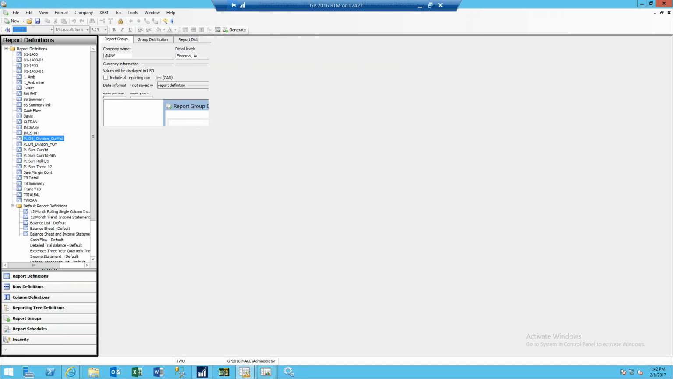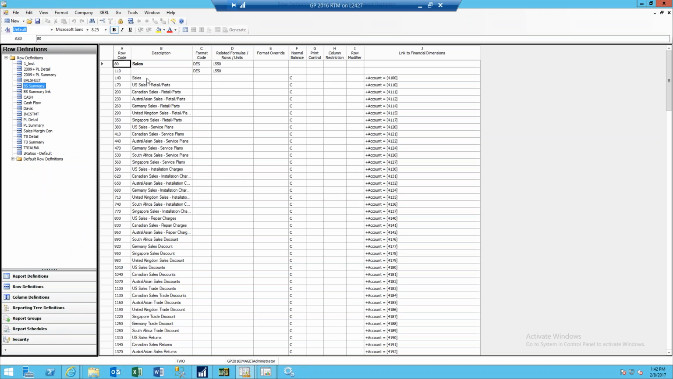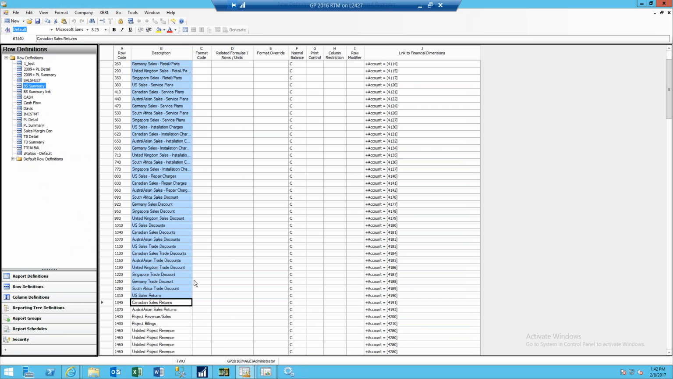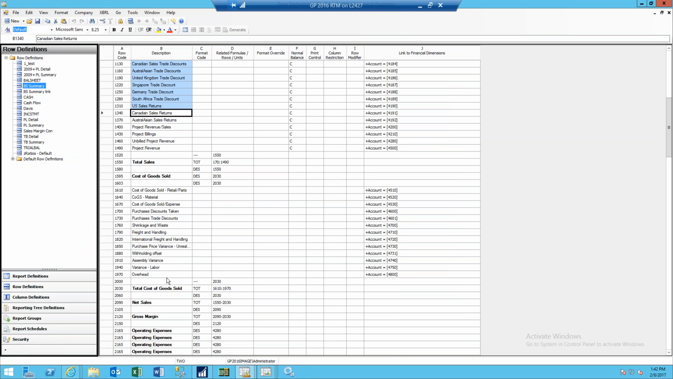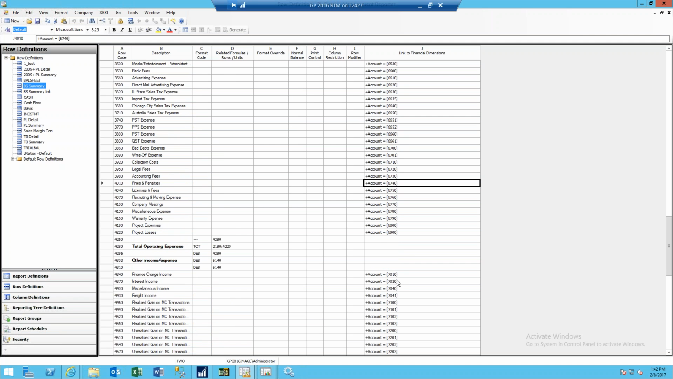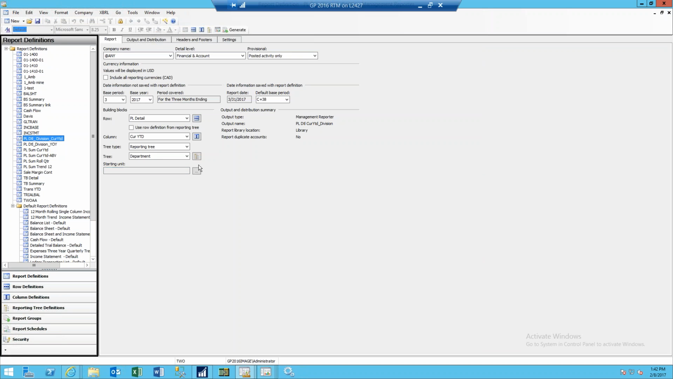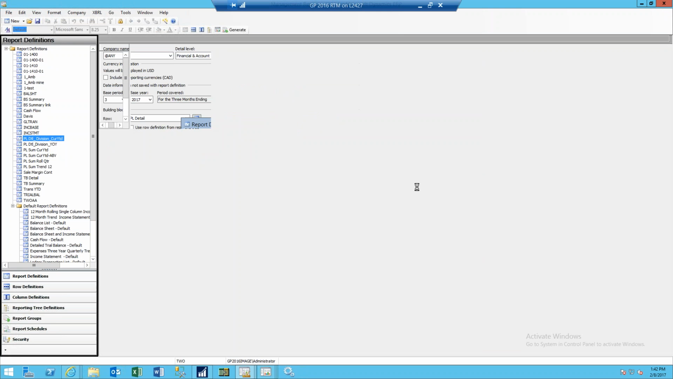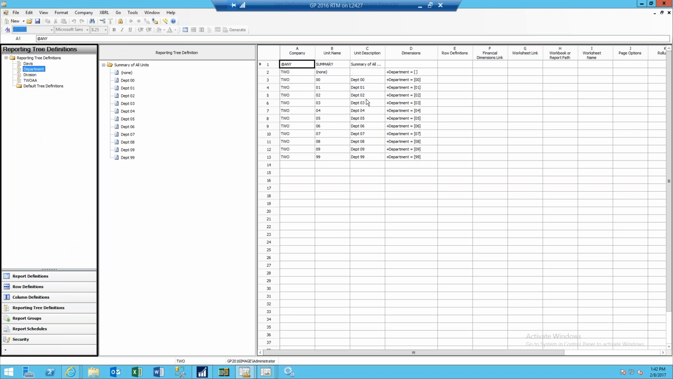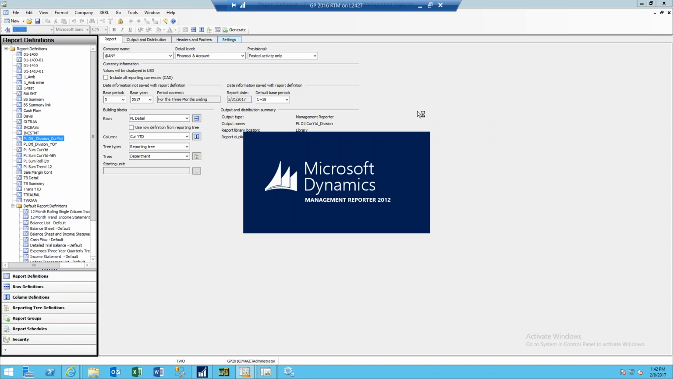This is an example of an income statement detail. If I click on the row here, you can see all the individual sales accounts are listed. I've got my cost of goods sold, and I've got my expense accounts down here. You can see these are 6 accounts, these are 7 accounts. And I'm using a tree that's going to break out my various different departments. I've got Department 1, Department 2, Department 3, 4, 5, 6, all the way through 99. So when you generate this report,